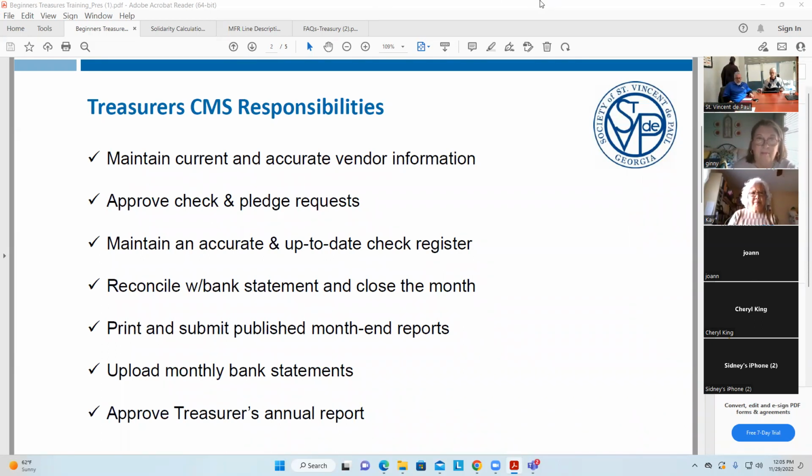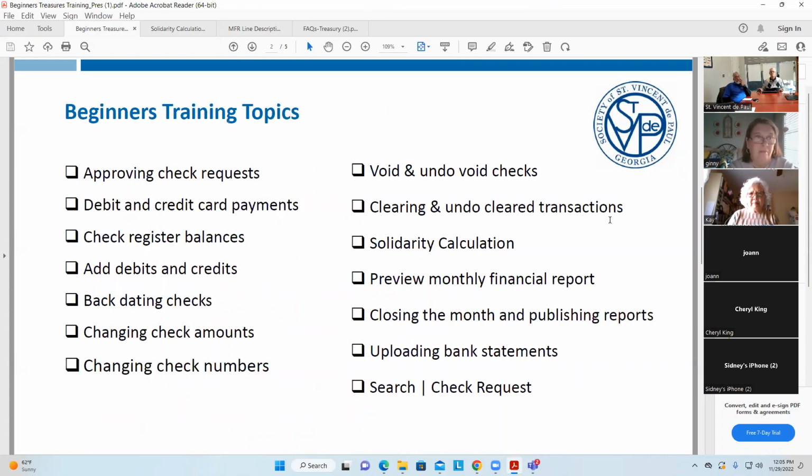Okay, so if we go to the next slide, and then we'll get into the demo in a minute. These are the topics we're going to review today. I'm actually going to demo them. I've broken them up into groupings. After each group, we'll have a Q&A, and there's probably 6 groups here. So if you could hold your questions until I get to the end of that section, then we'll open it up for Q&A, and then we'll move on to the next section.